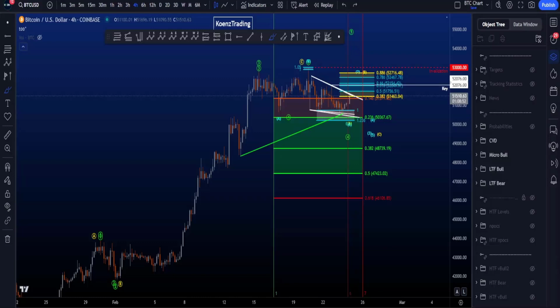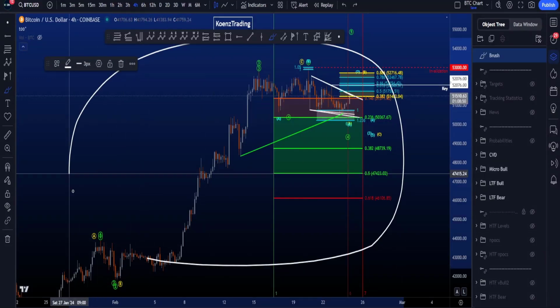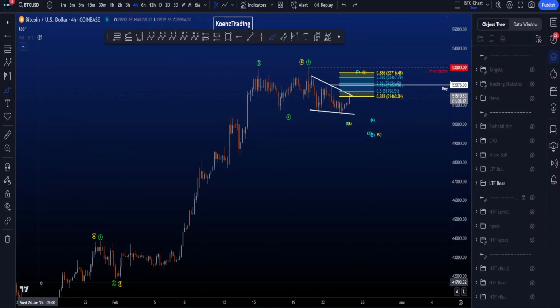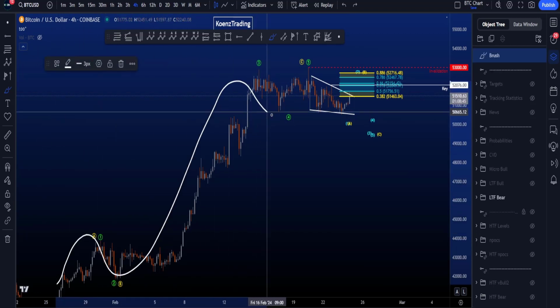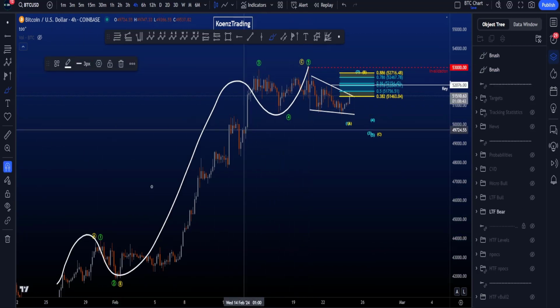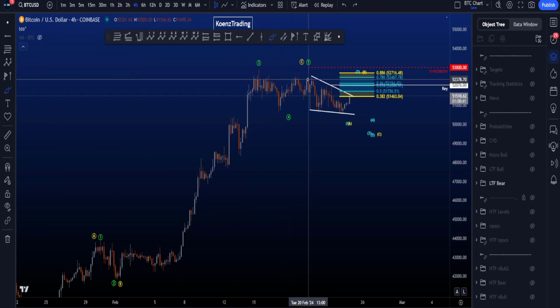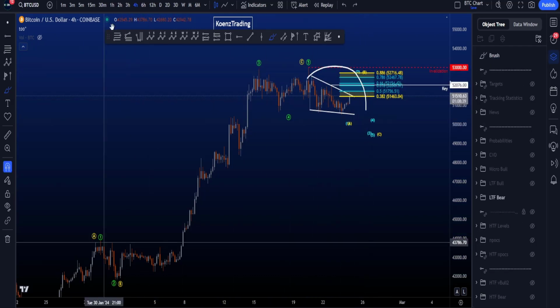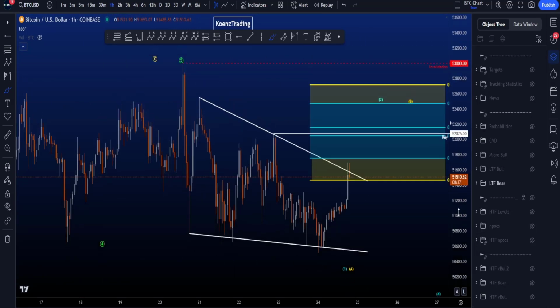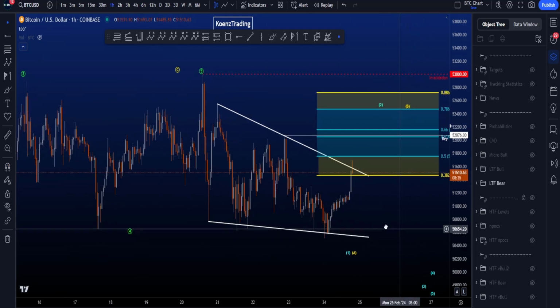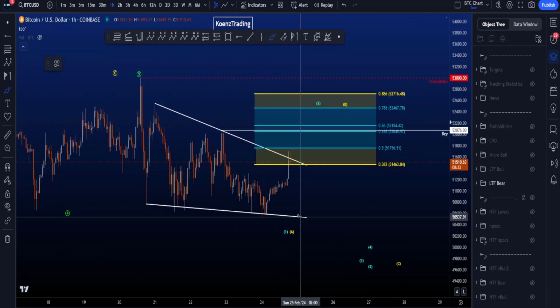Hi everyone, let's go over my bullish and bearish Elliott Wave scenarios on Bitcoin, starting with the bearish scenario on the 4-hour chart, where we're looking for either a finished 5-wave impulsive structure or a finished ABC, but in both cases we are looking for a move towards the downside. More locally, from this high, we are then looking for a diagonal to the downside in a wave A or